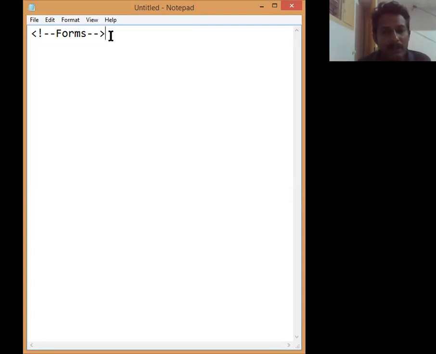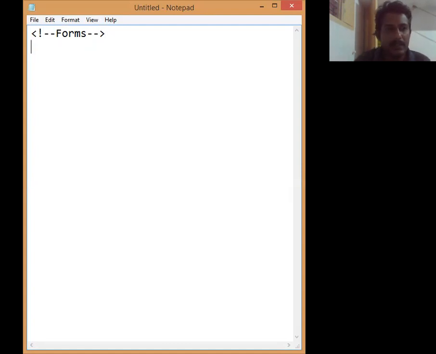So listen, how to create the form. In the previous video, I told you how to use a comment line. So this is a comment line: less than symbol, exclamation mark, two hyphens, and whatever content is between these two hyphens will be a comment. So this is a notepad to create the HTML file. You can also create it using Vi editor, Emacs, text editors, whatever application you can use to write the HTML file.